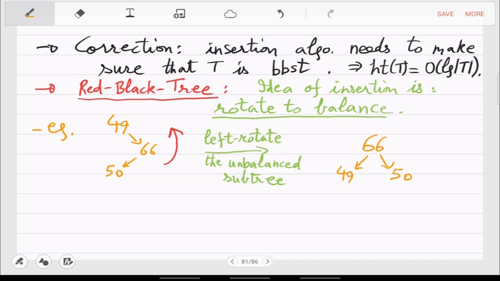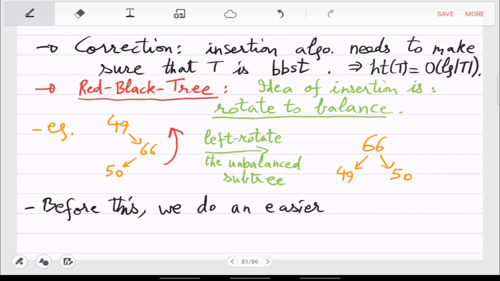Since somebody talked about stack, let us do stack first, because stacks are much easier. They are almost trivial. So let's do that data structure first. So this is stack.